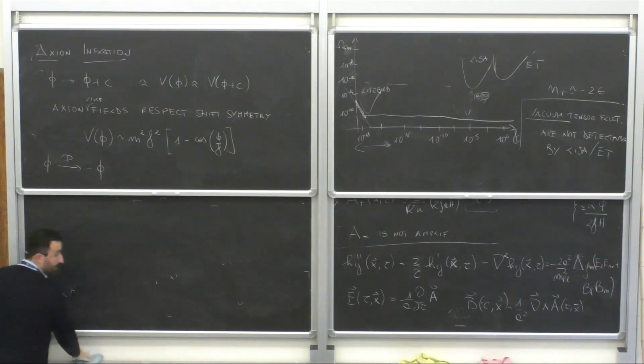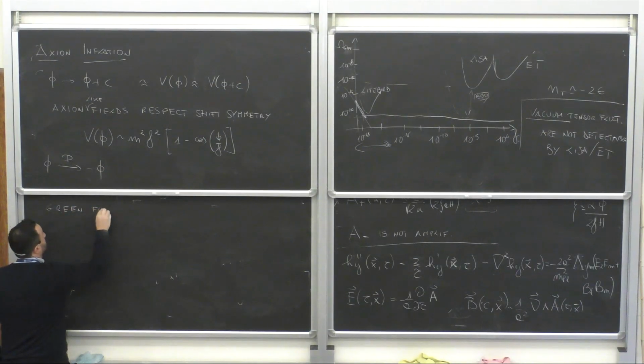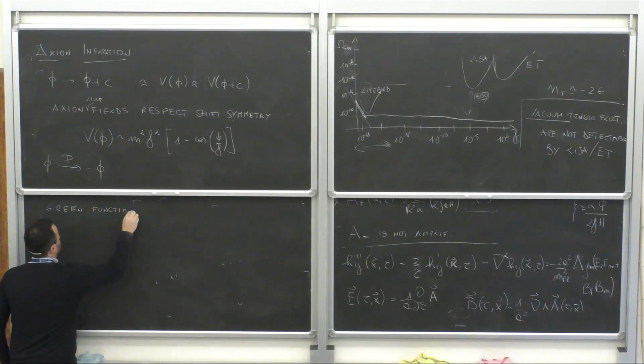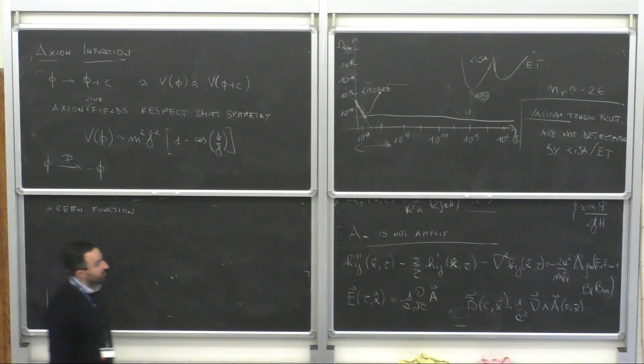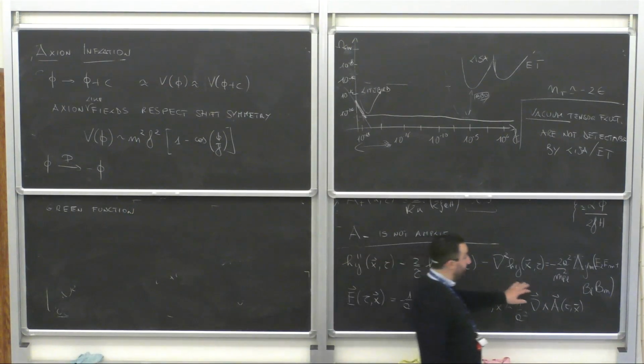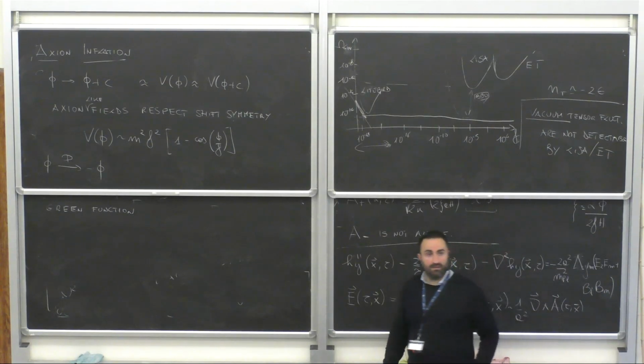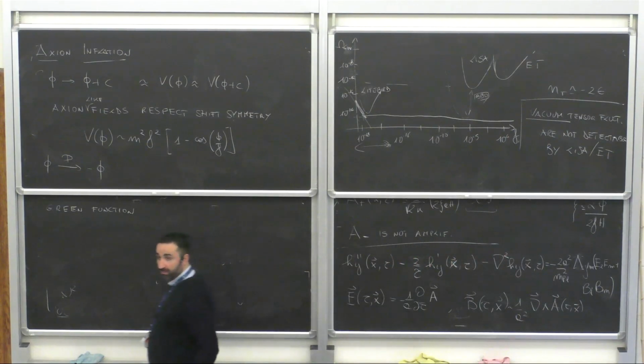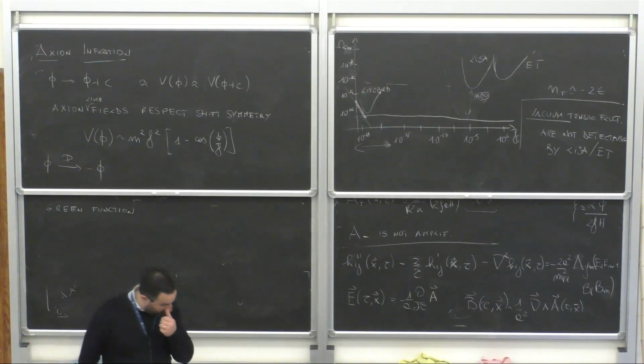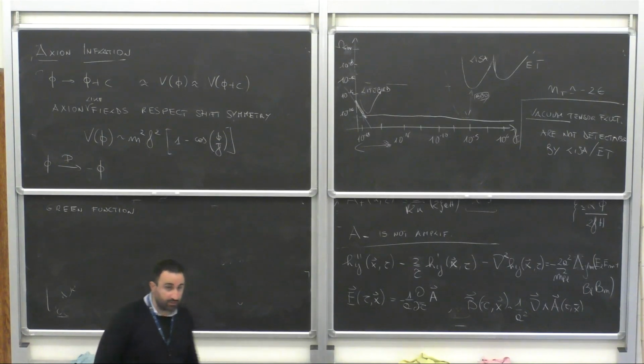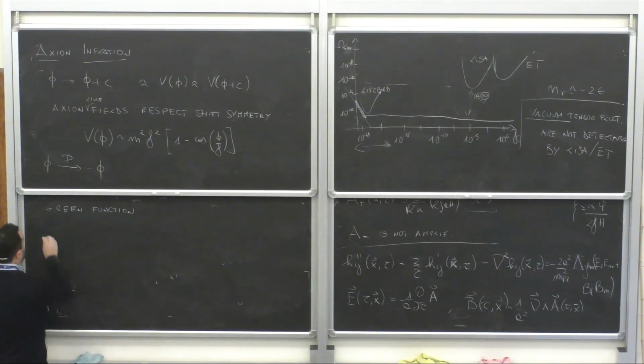You use the Green function method: you first solve the homogeneous equation, and then you add the non-homogeneous part. So if you solve your equation, you will arrive at a solution